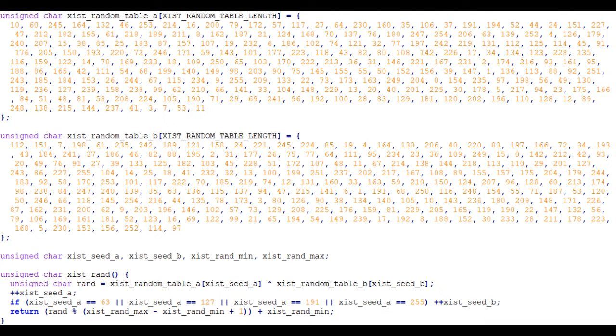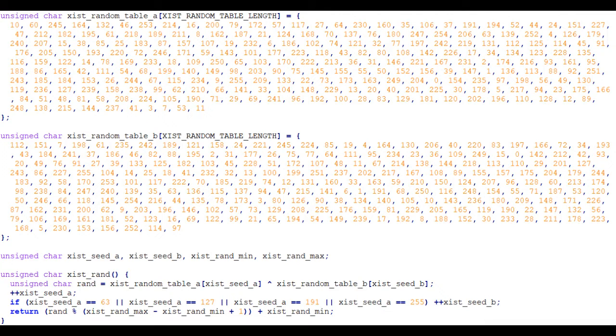As far as I know, this is a novel approach because I've never run into it anywhere else. What I did is create two tables, which each contain all 256 possible values for an 8-bit number, shuffled into a predetermined random order. You then provide two random 8-bit seeds using whatever means you wish. I still think getting the frame counter in response to the first instance of user input is probably the best way, and those random seeds act as indices into these two tables, so you have a random starting point into